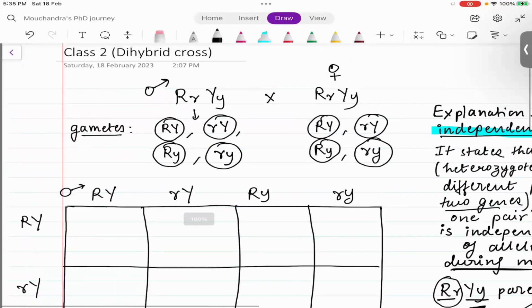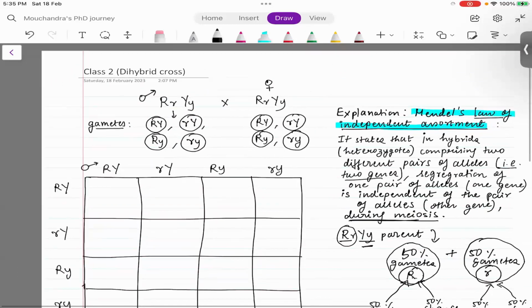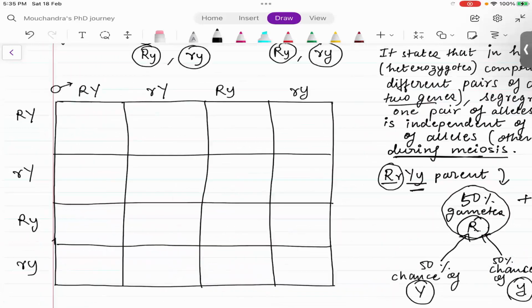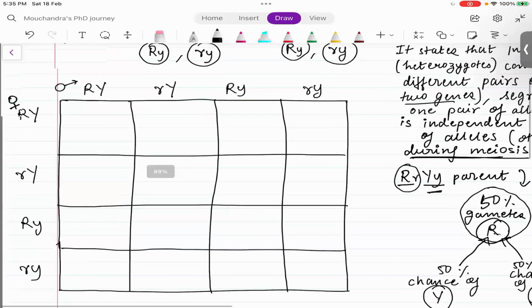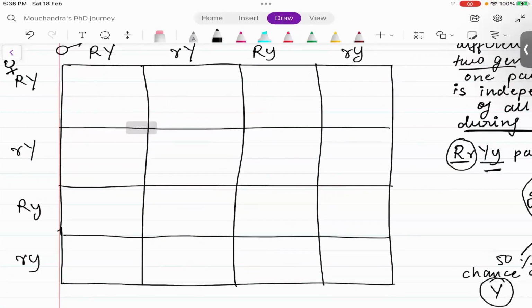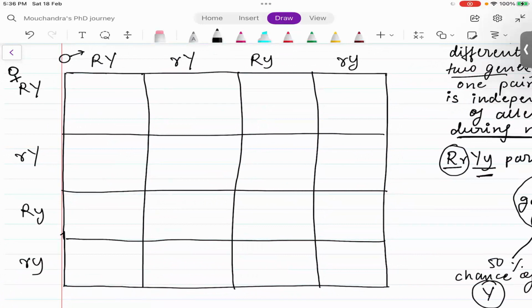So we will use these gametes and put them in a Punnett square like this. This top row is for the gametes coming from the father. The left column is for the gametes coming from the mother. Now, if you have a pen and paper, you can do it yourself as well while I'm doing it. You just have to combine the different genotypes. Capital R, capital R, capital Y, small y; capital R, small r, capital Y, small y; capital R, small r, capital Y, small r, capital Y,